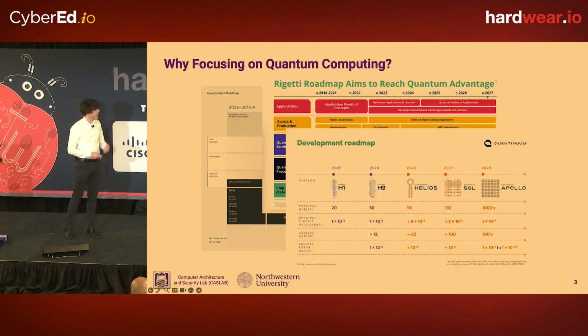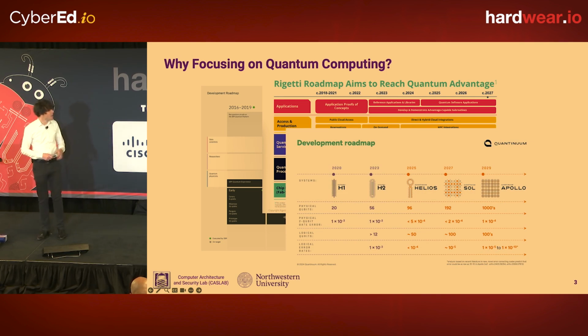These are different roadmaps from the companies, and every company has a roadmap to show where their quantum computers are going. But I think you can think of today, for most of the machines, we're in the range of about 100 to 200 physical qubits that are accessible, and Quantinuum, Rigetti, IBM, all different companies are roughly in the same range.